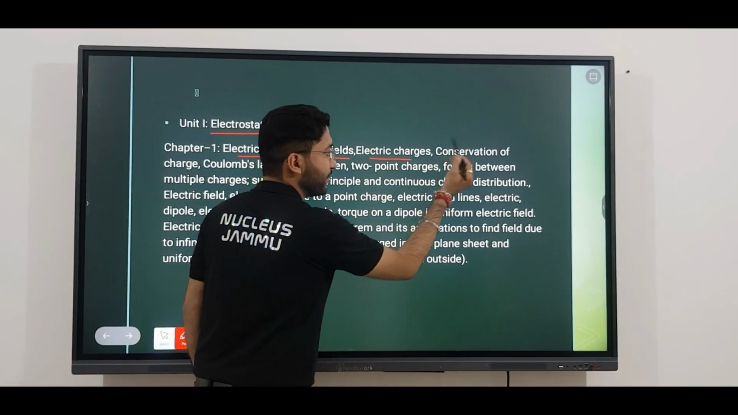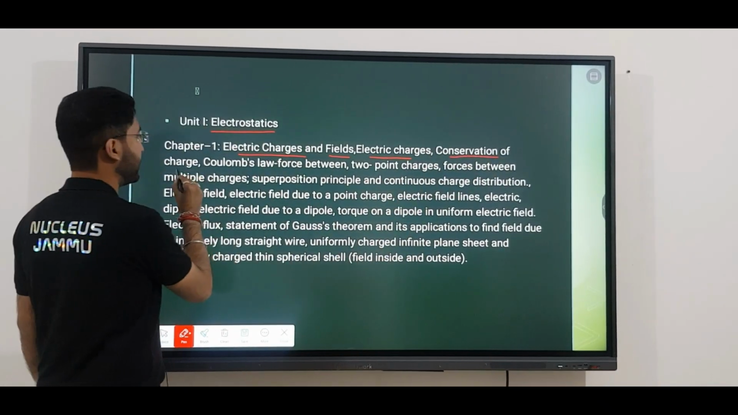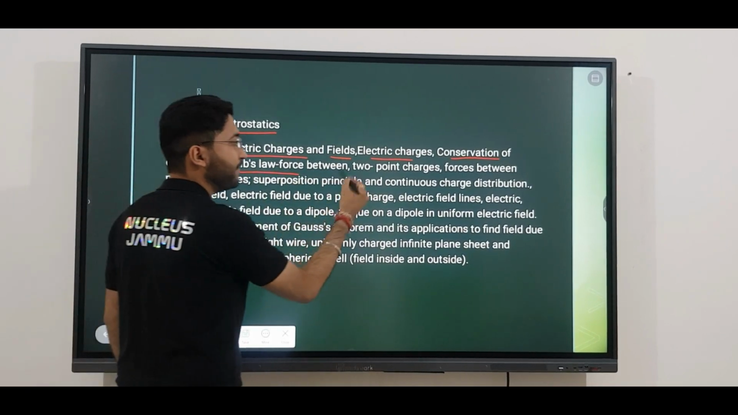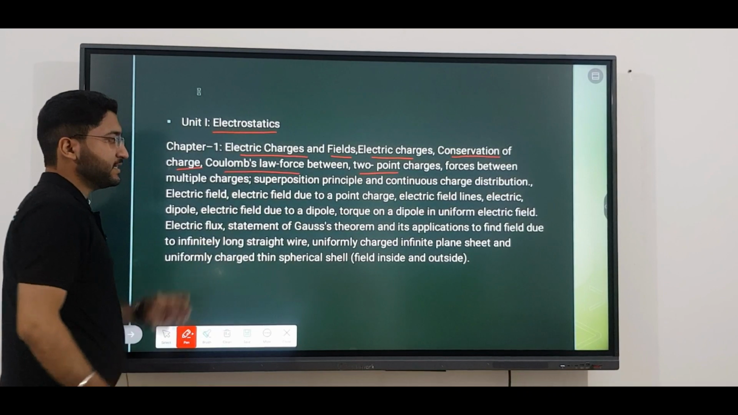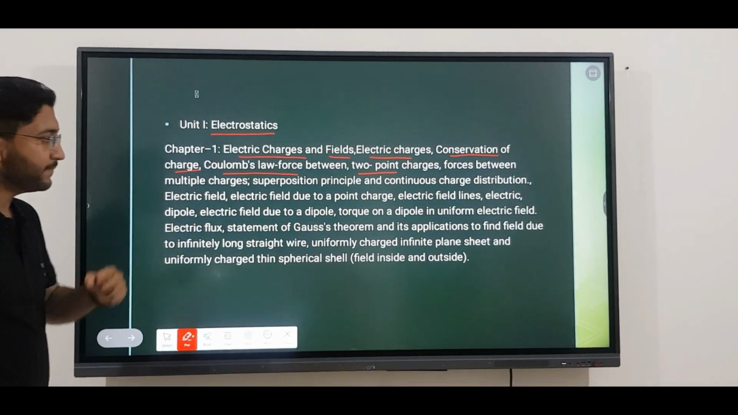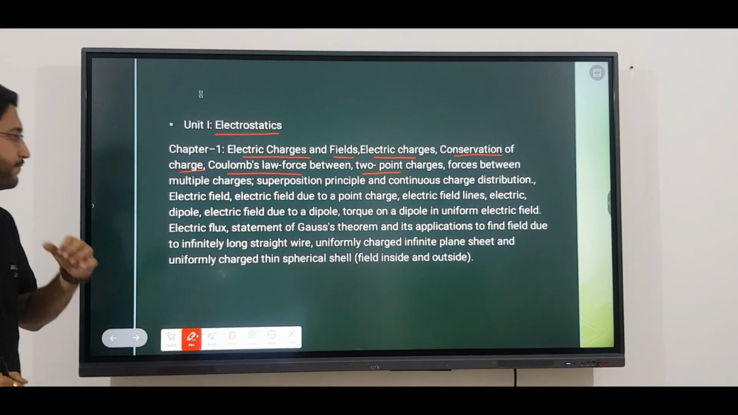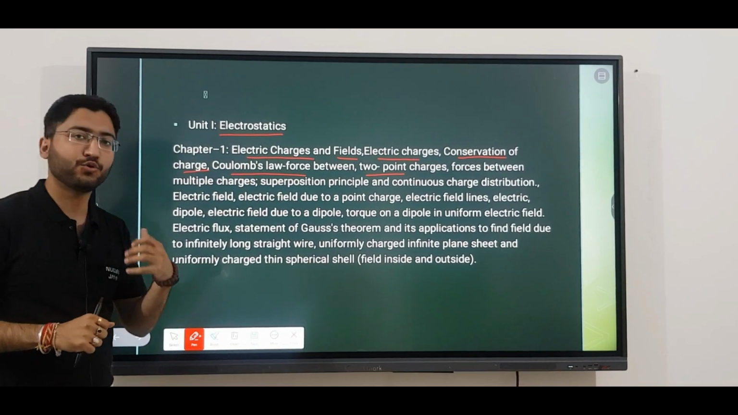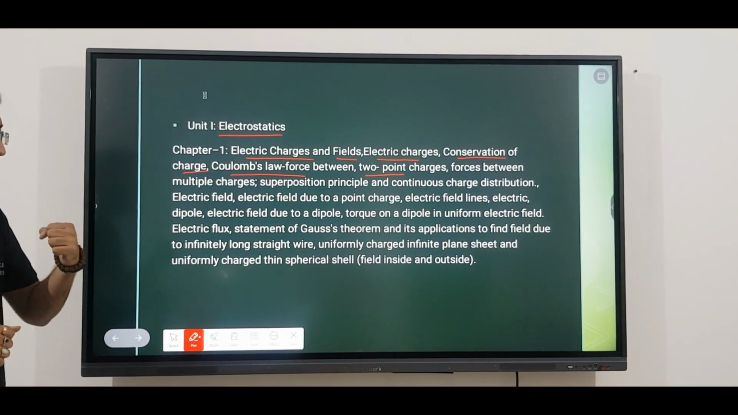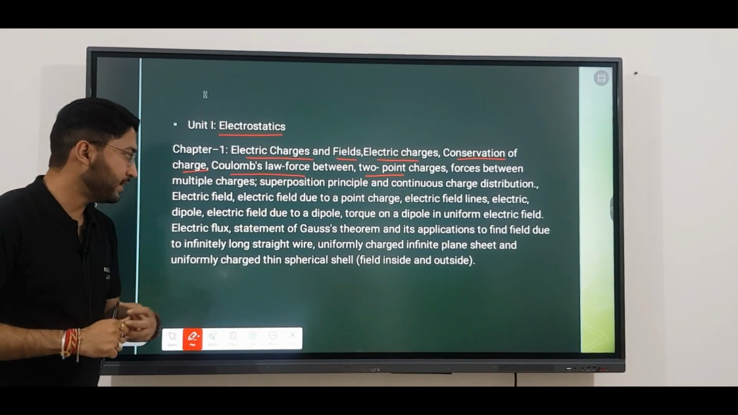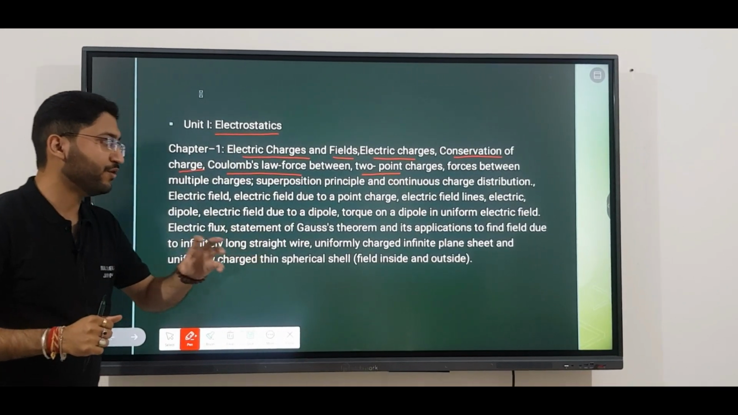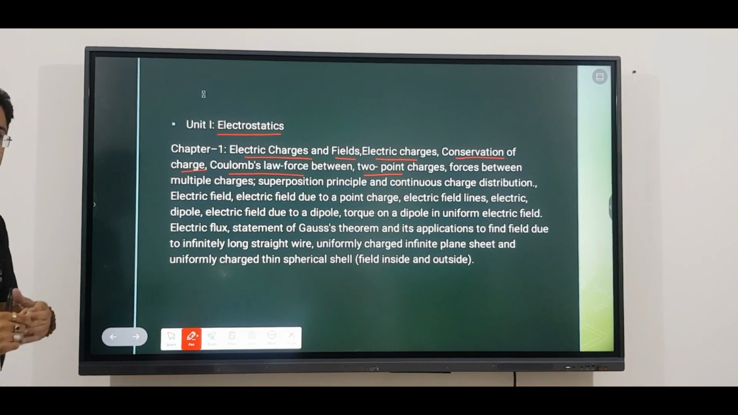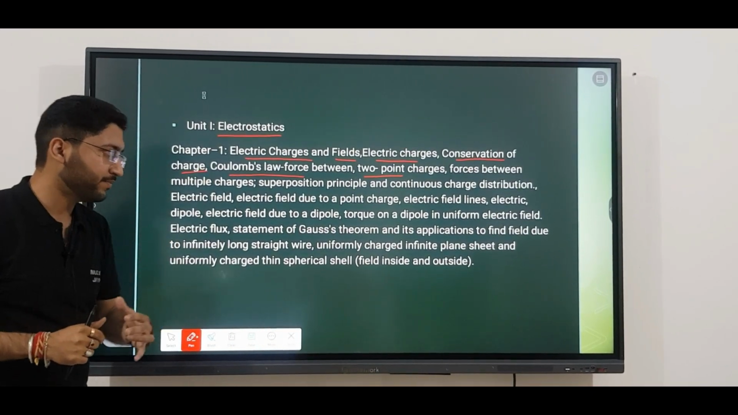Electric charges: you have to study conservation of charge, Coulomb's law, force between two point charges, forces between multiple charges, superposition principle, continuous charge distribution, electric field due to point charge, electric field lines, electric dipole, electric field due to a dipole, torque on a dipole in uniform electric field, statement of Gauss theorem and its